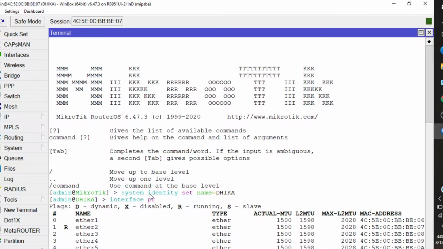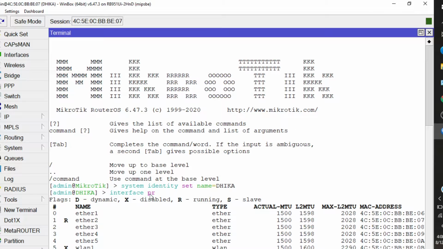In this, I will set this IP address to 10.10.10.1 with the command IP address add address 10.10.10.1/24 and interface Ether 2, and click enter, and you can check the result with the command